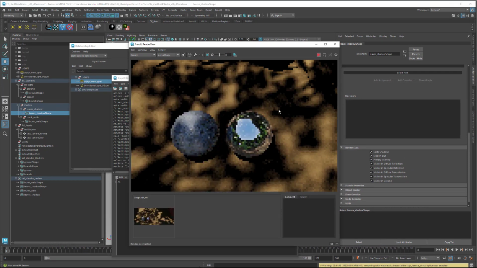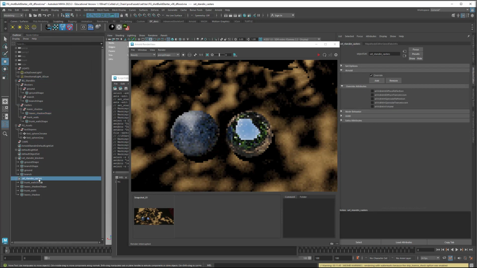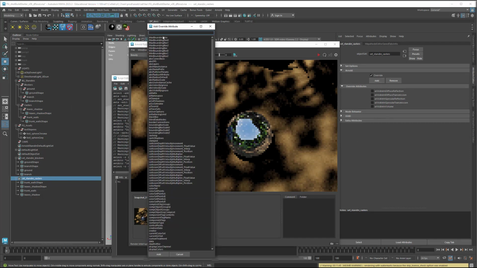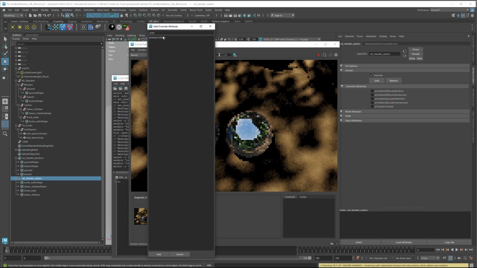Let me stop my render from going interactively here. I can come back into my shadow caster set, come into here, and then just type prim as a little filter search, primary visibility, and I add that